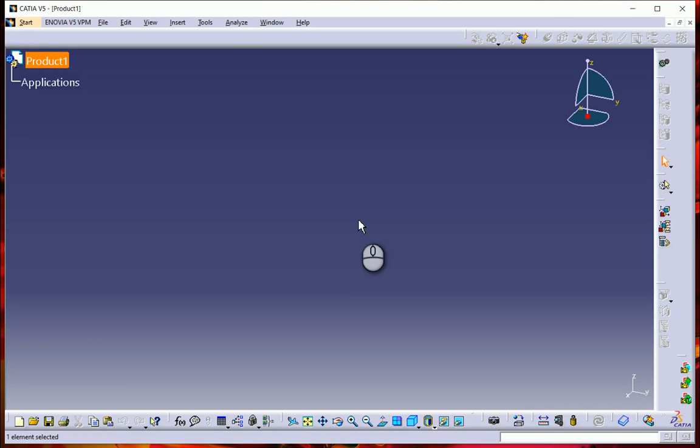Now CATIA provides three basic platforms: P1, P2 and P3. Platform P1 is for small and medium sized process oriented companies, right? And P2 is for advanced design engineering companies that require product, process and resource modeling. And the third platform P3 is for high-end design applications, which is basically for automotive and aerospace industries. Almost every automotive company and aerospace company basically uses CATIA as a software, right?